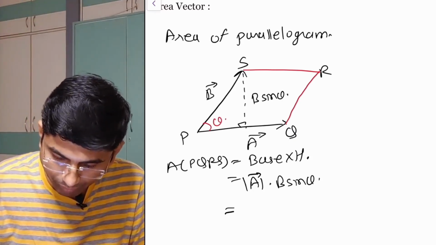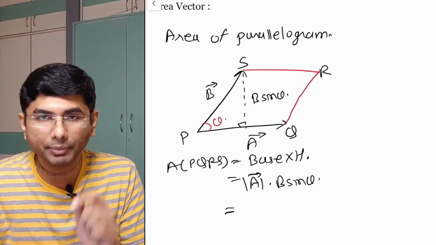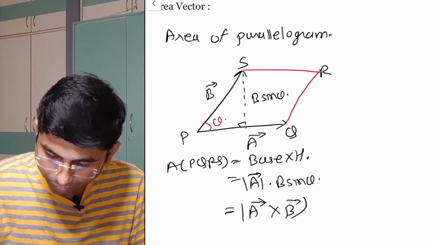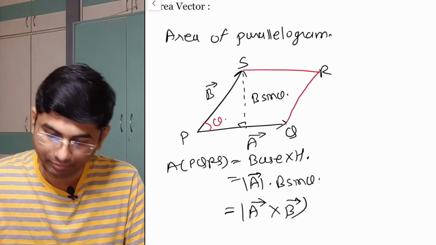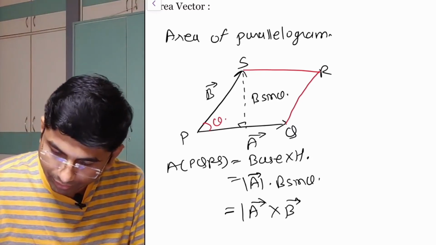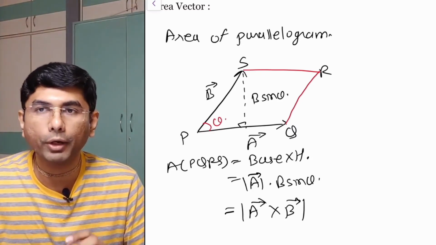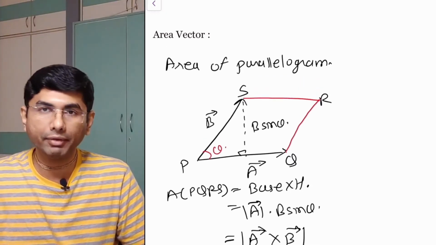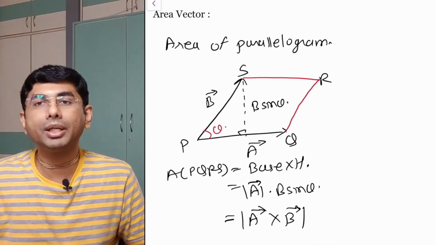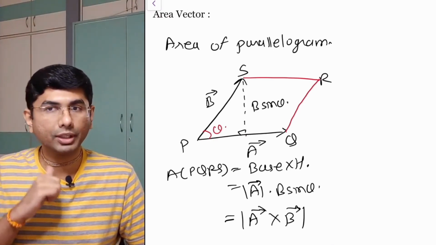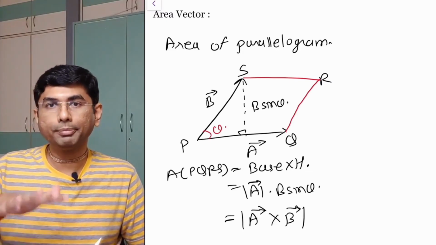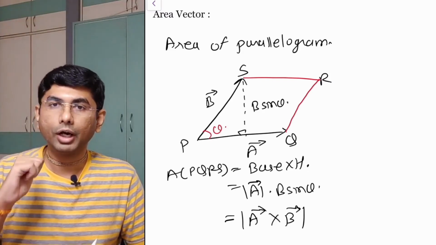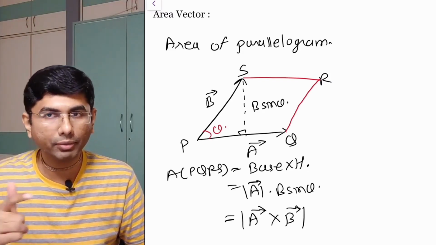So now here I am writing only the magnitude. When it is asked what is the magnitude, the magnitude of vector A cross vector B will give me the magnitude of the area of parallelogram PQRS. And because it's a vector, I am writing the title as area vector. Now this area is a vector. Now what will be the direction? It will be perpendicular to the surface. When we consider this PQRS, if PQRS is in the XY plane, then the area vector will be along the Z axis, maybe positive Z axis or negative Z axis.